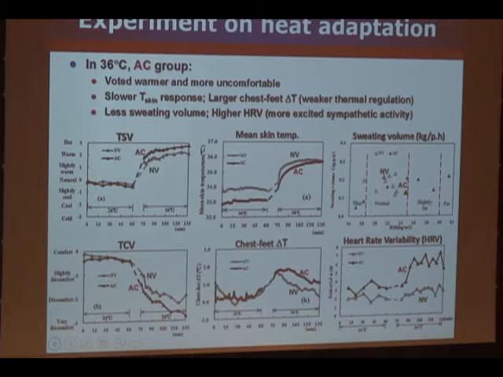And the sweating value: the empty triangle is the natural ventilation group, and the black one is the air conditioning group. It's a pity that in the normal weight group there are more natural ventilation persons, and the thin and a little bit fat, overweight people are all in the air conditioning group. But anyway, the average sweating value of the natural ventilation group is higher, and the heart rate variation of the air conditioning group is also very high, showing higher stress.